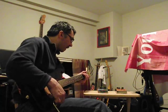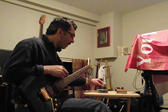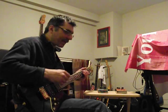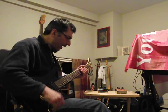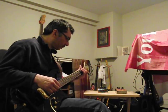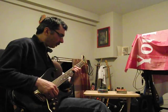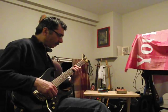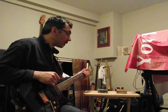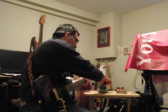And it seems also that the distortion control interacts somewhat with the shut. I have the shut on 0, but if I crank up the distortion, it seems to pass over the gate, so you can get a little longer sustain. So you see, I've got the distortion at 3 o'clock now with the shut at 0, and I'm getting decent sustain as if I didn't have a gate. If we turn the shut all the way up,